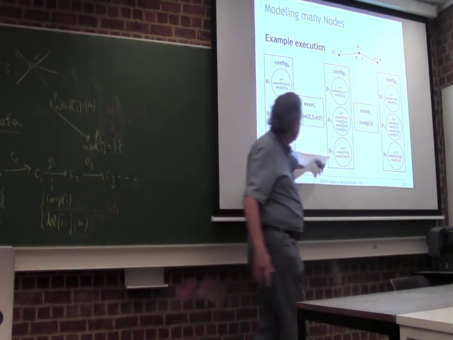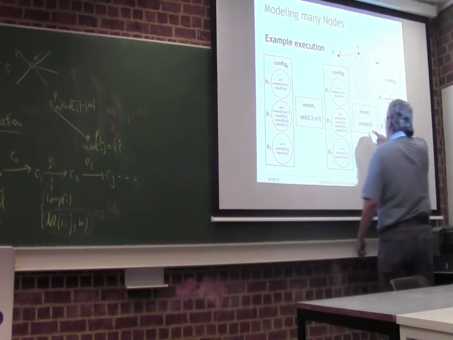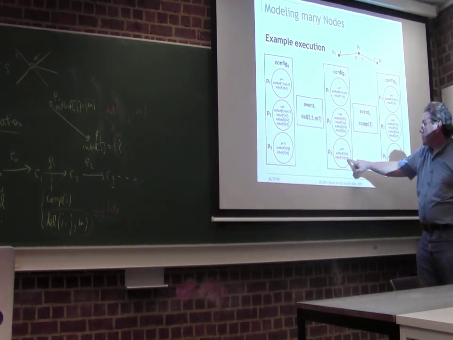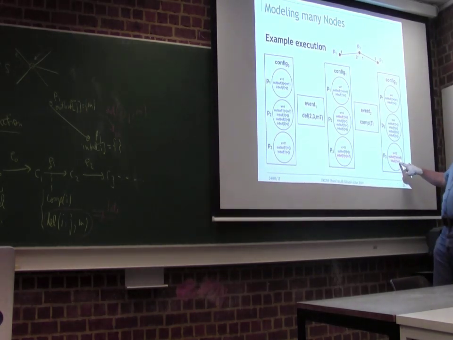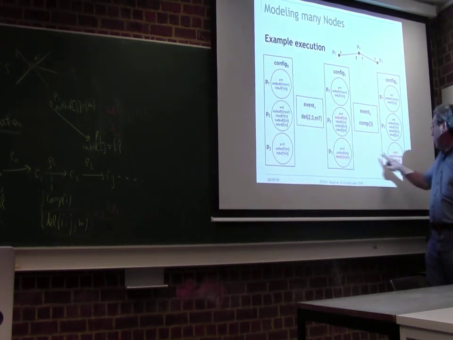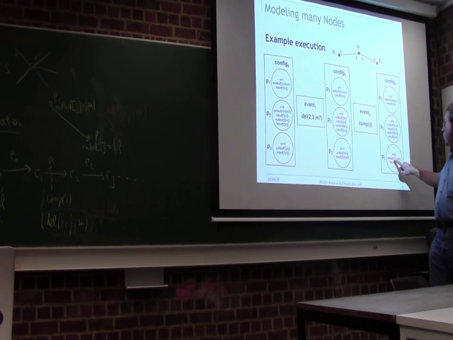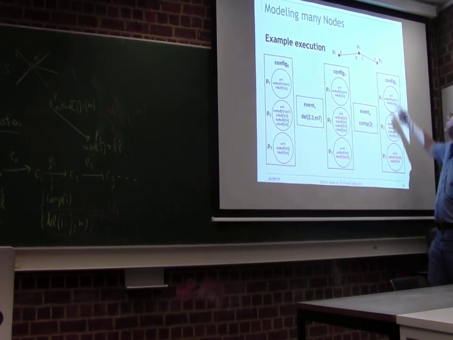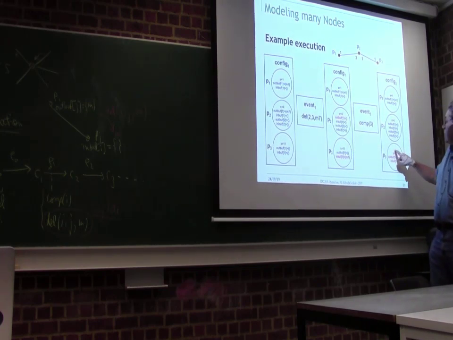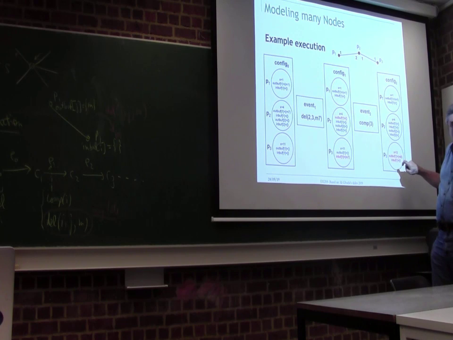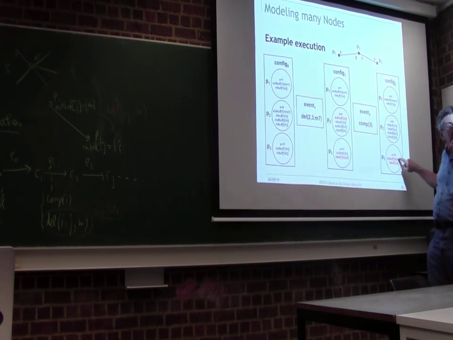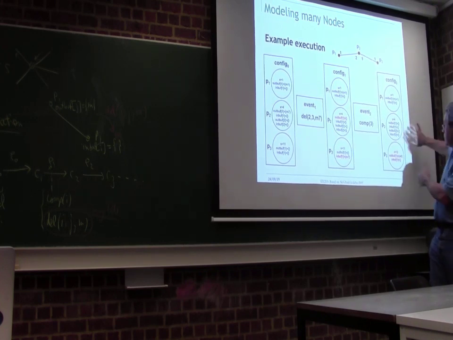Right? And here's a second event, a comp event. So we're doing computation now on node 3. It's going to read the in-buff, which is going to become empty on the M7 here. On the out-buff, it's going to send a message, M8, which is going through out-buff 1. So it's going to be going to P2. And then the state is changing to 12. So this local state has changed, and I'm sending one message. So M8 is in the network now. And later on, hopefully, there's going to be delivery.